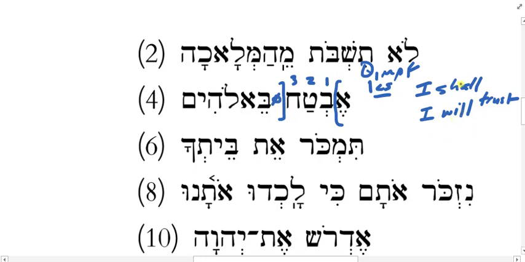As a matter of fact, most people today use will for all future tense, even the first person. So presumably it would be I shall trust, you will trust, he, she, it will trust, we shall trust, y'all will trust, they will trust. But most people today do not use shall at all unless